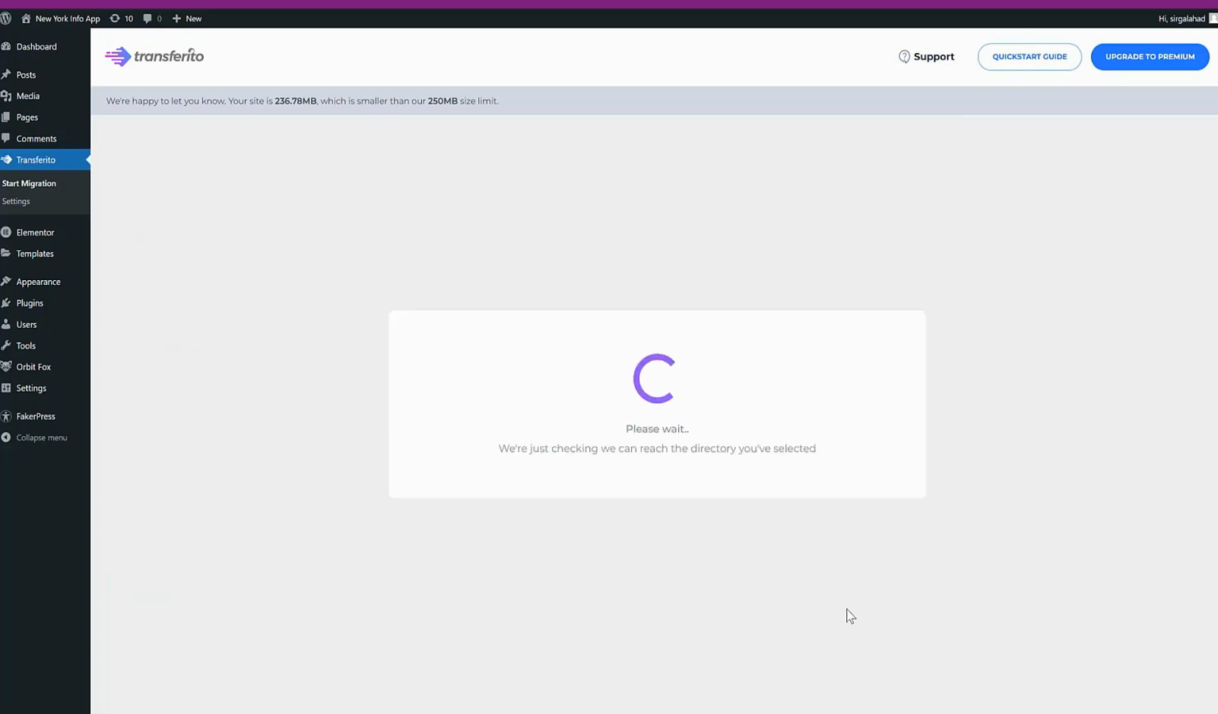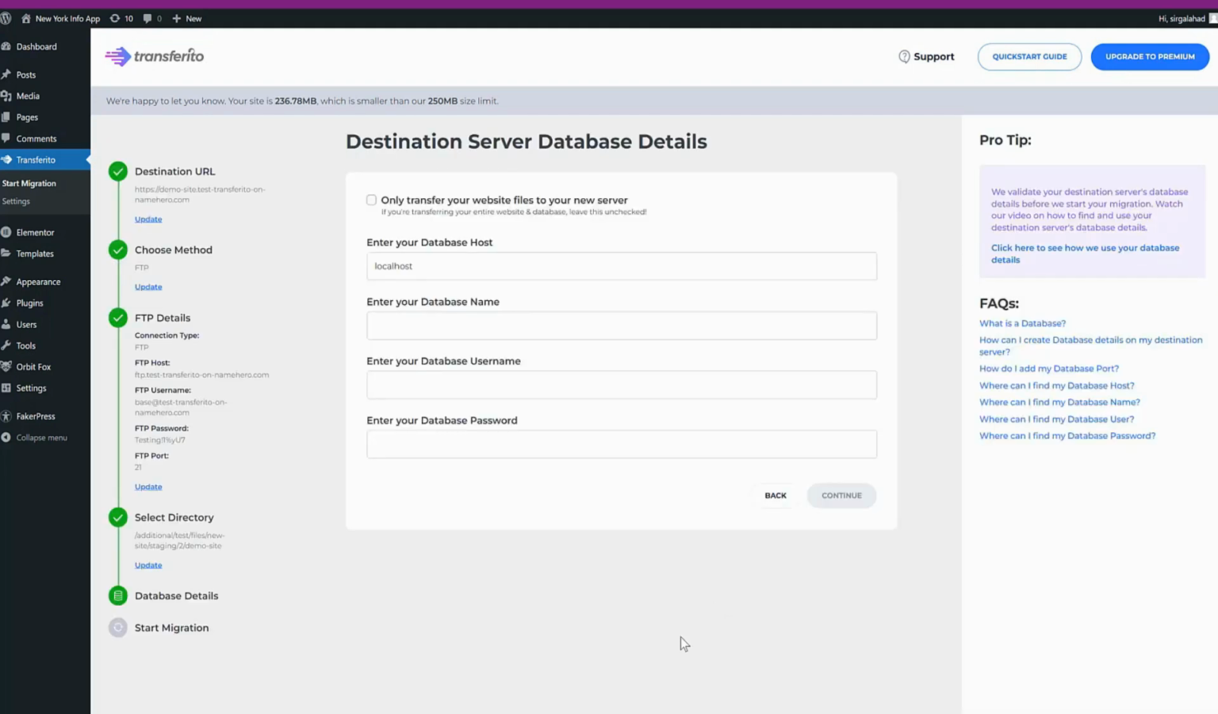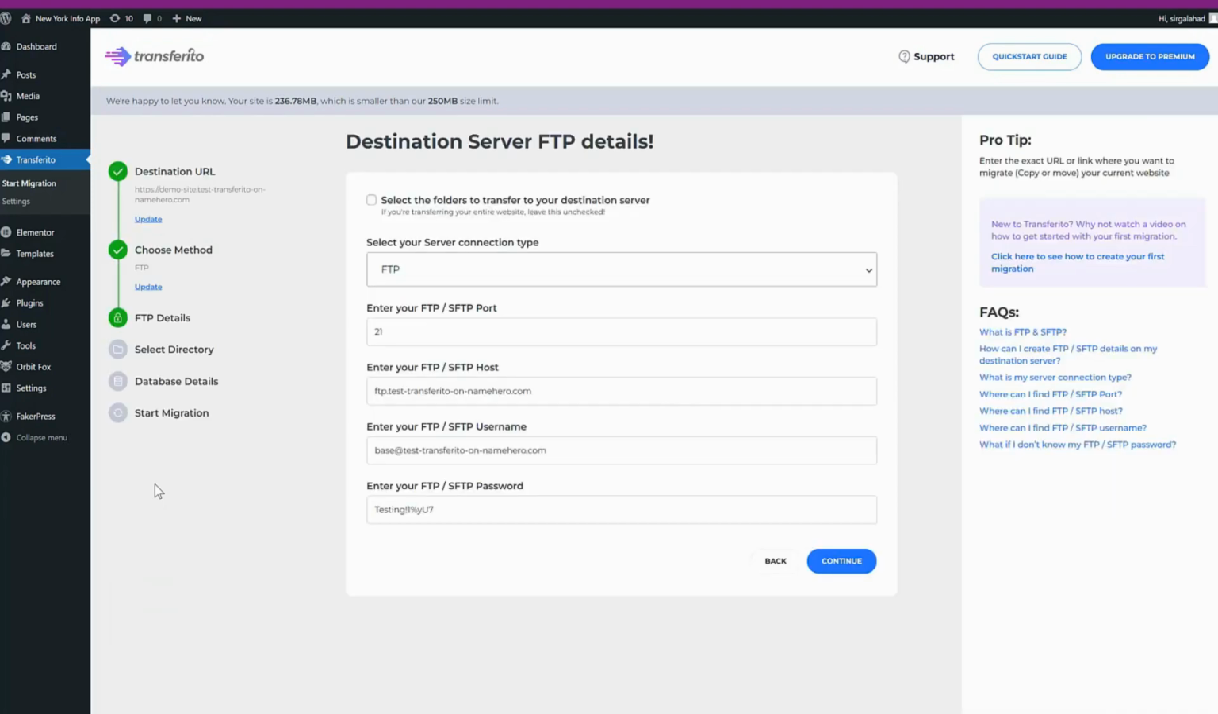Now click Continue. Once we validate your directory is correct, the database details screen will load. Here we can see that the selected directory is the same as the document root. Let's go back to the FTP screen. Let's now change our FTP username from base@testtransferitoonnamehero.com to